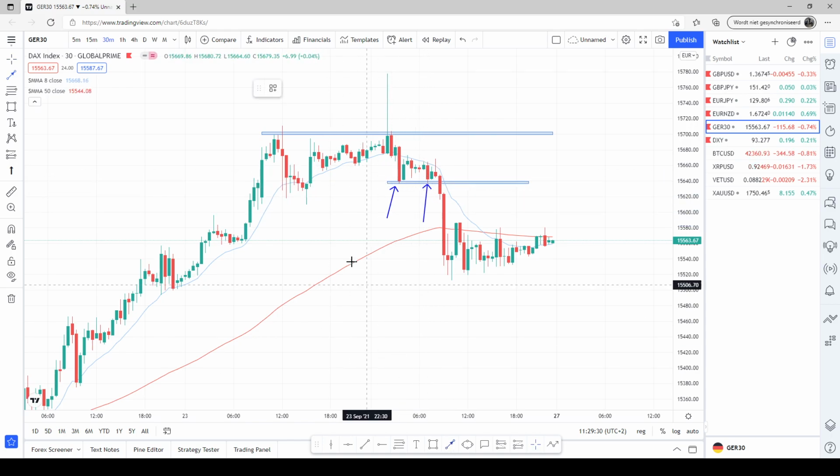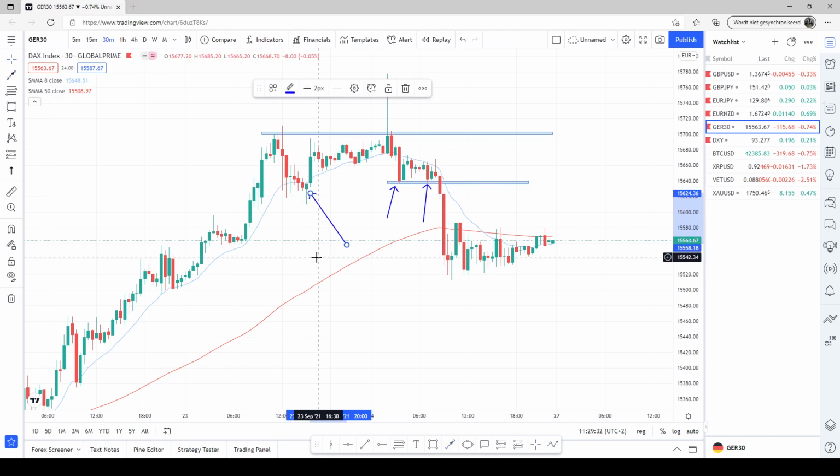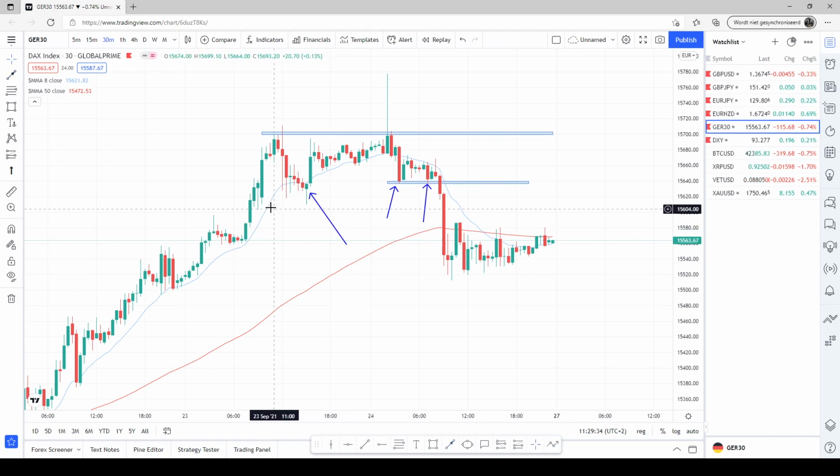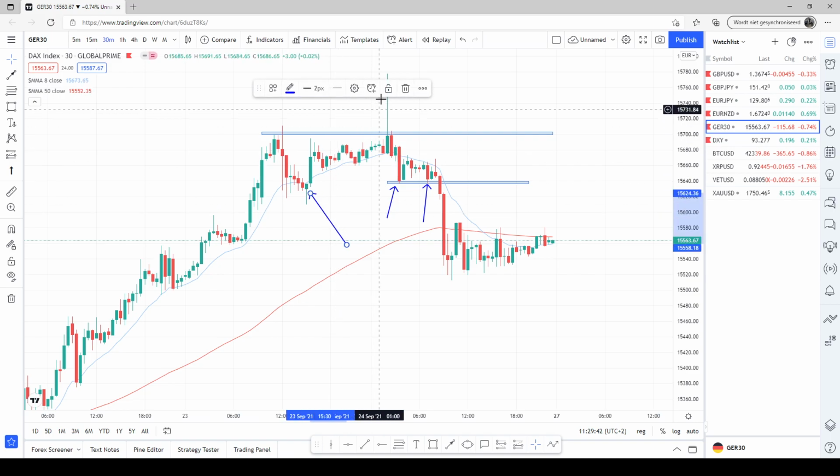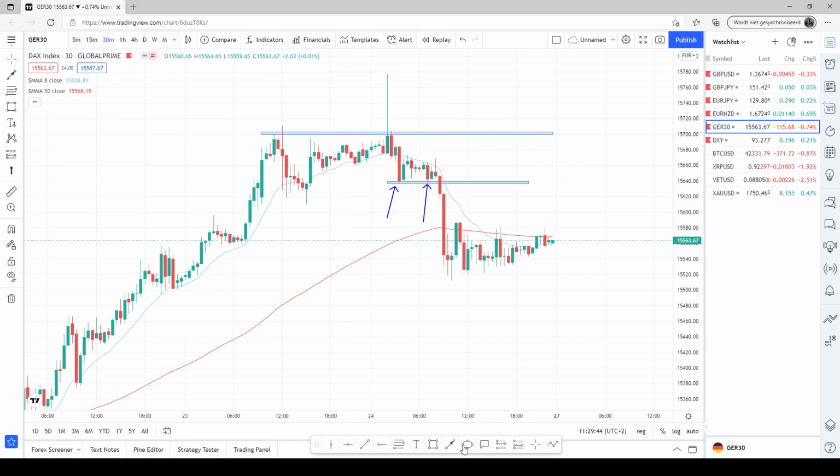We also did have this over here, but for me this was an indication of what price was going to do. We had this big wick, which is a liquidity grab,